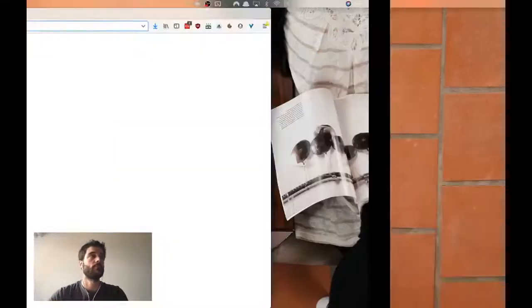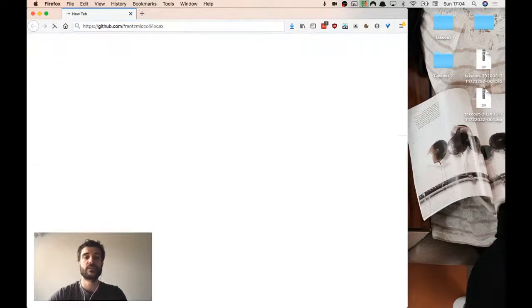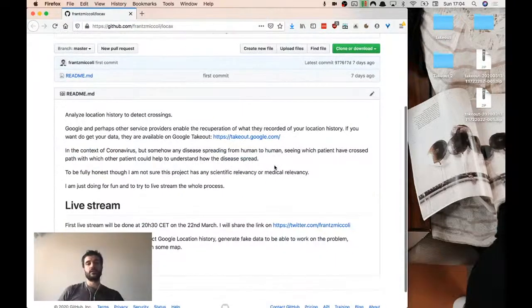So just to give a bit of context, we are working on this project. The idea is that Google is providing you with your location history. You can get your location history through Google Takeout if you want to check it, or you can check the last session that I did last week on Sunday, where we looked at what's the data that's coming out of this. And the idea is, if we have the location data of a person in the context of some